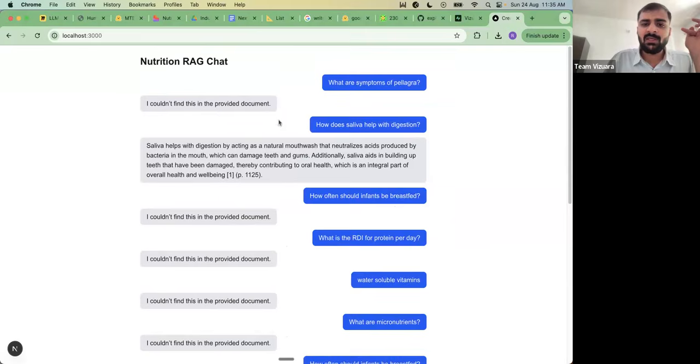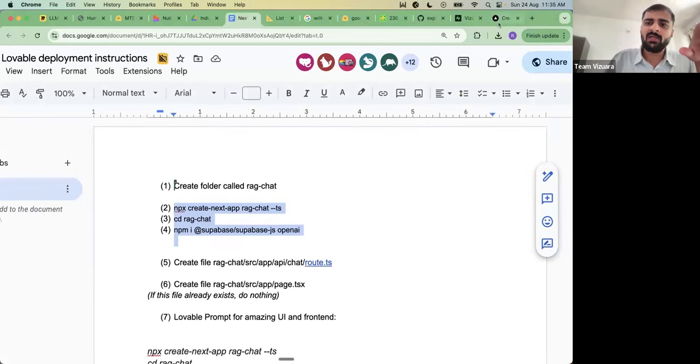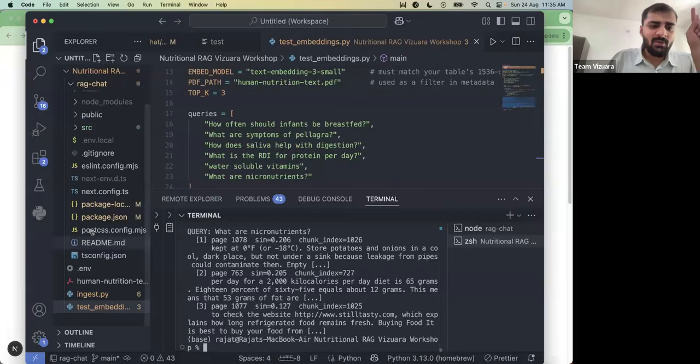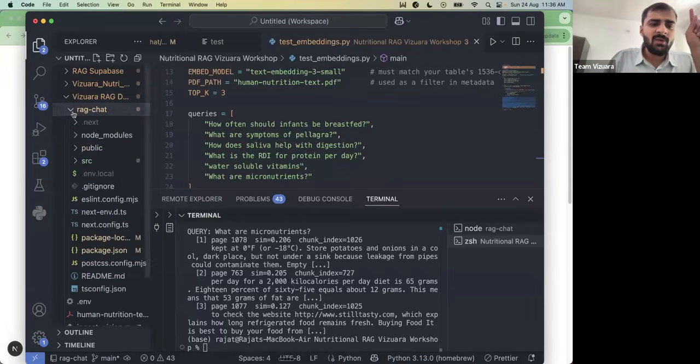Where are all the steps of these applications? So all of this is mentioned exactly in this Google Drive link. Now, one last thing I want to mention is the ingest.py file, right? You can make the ingest.py file